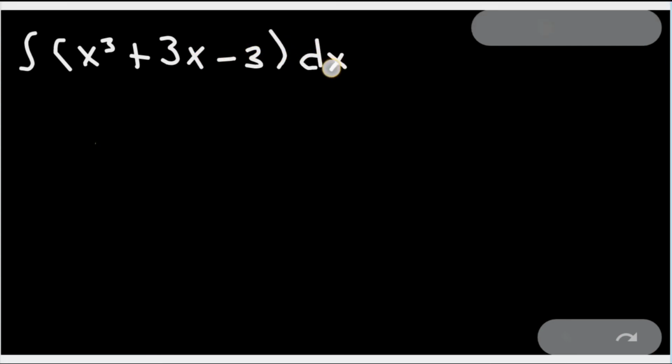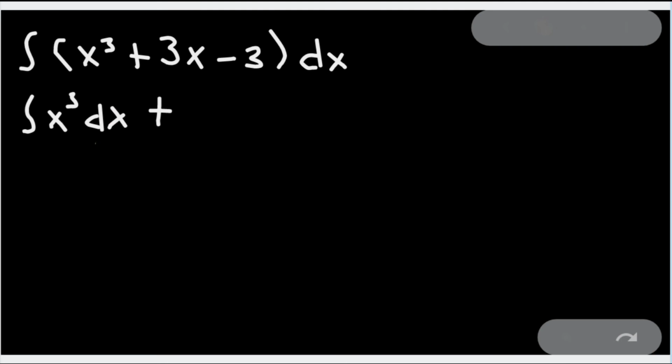Now, let's try it with polynomials. So let's have the integral of a polynomial. For example, we have the integral of x cubed plus 3x minus 3 dx. The first thing we need to do is to distribute the integration symbol. So what we have is the integral of x cubed dx